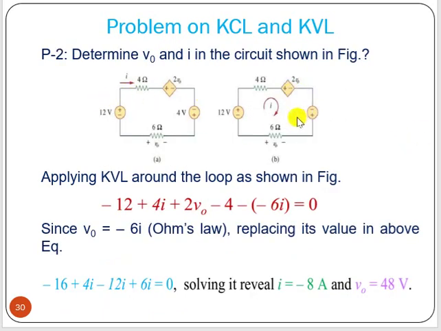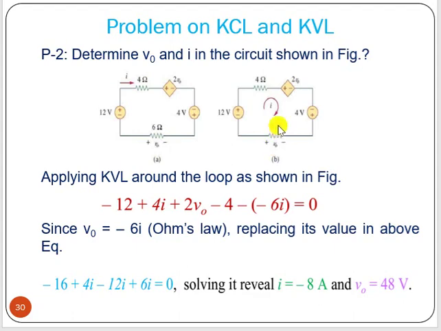Now say this is our circuit. It has an independent source and a dependent source also. Now if we apply KVL, what can you write? It encounters minus, then plus, a resistor is always a drop, then again plus 2V0, again minus 4, again minus, here it is given minus, so we have to consider minus 6I. Now V0 is here, and in this circuit, V0 is here.